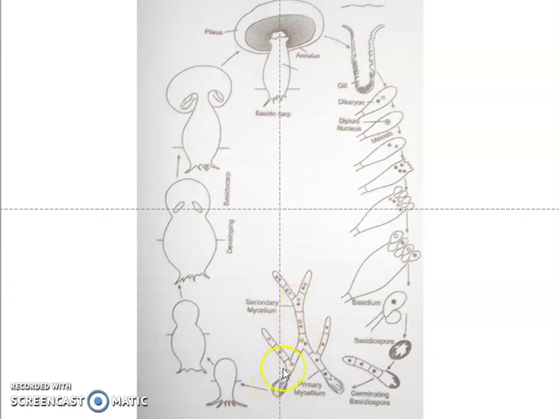Once dikaryotic mycelium is formed, they will grow under the soil, and once favorable condition comes, the rhizomorphs will be formed. From the rhizomorph, button-like structures will be produced to the surface of the soil that will enlarge. Then they will form a structure with an upper umbrella-like portion and a stalk. The portion is called a pileus, and this pileus is for the purpose of reproduction of fungi. This is what they do for sexual reproduction.